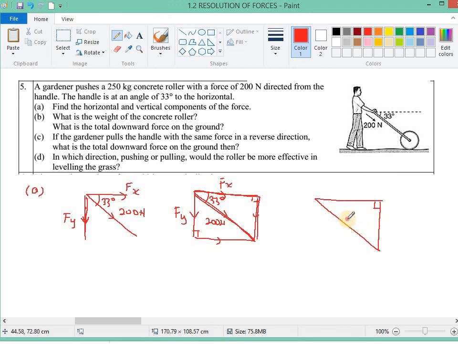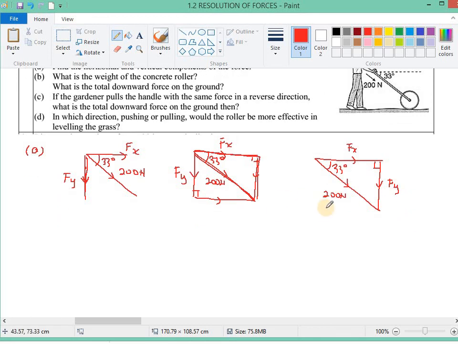Okay, right angle. This is 200 Newton, 33 degree. So this is Fx, this is Fy. This Fx will be adjacent to the 33 degree. So adjacent, we can use cos. Cos 33 degree equals Fx over 200. So Fx we can get